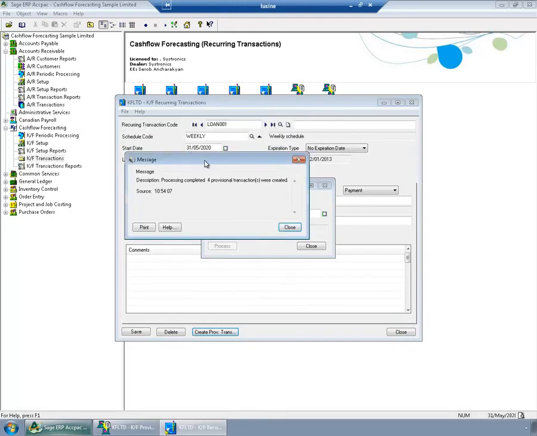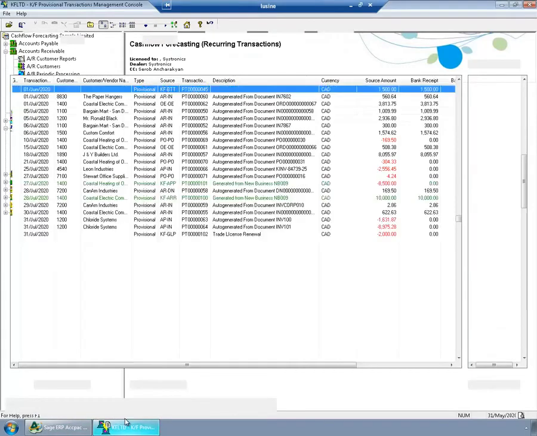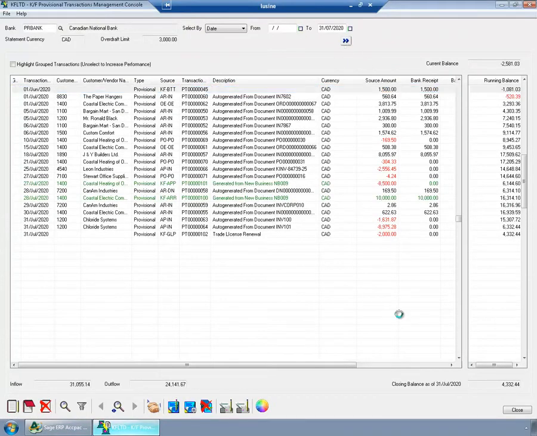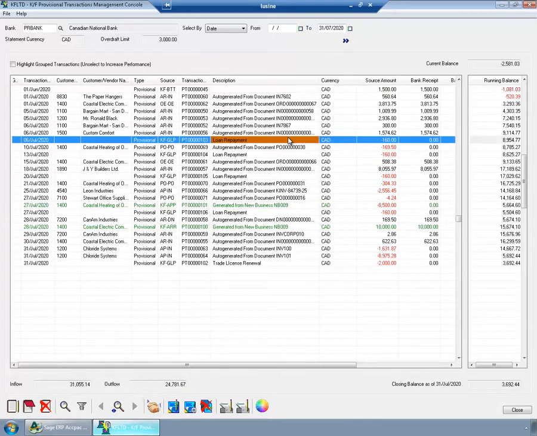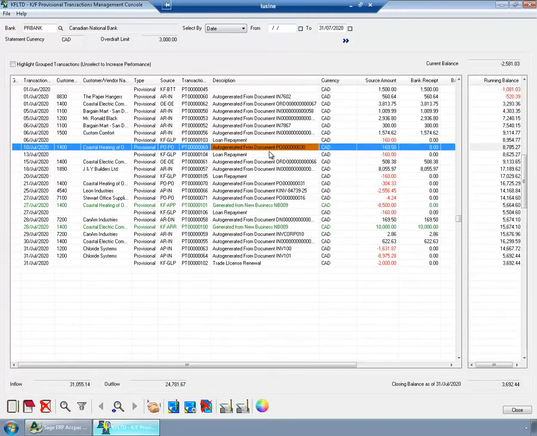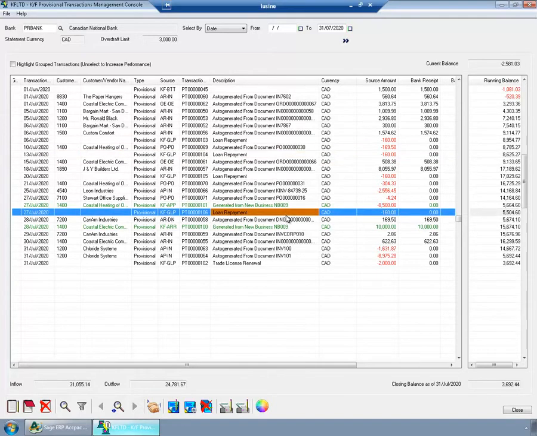Because the schedule is weekly and I'm generating for 1 month, it has created 4 transactions. And when I refresh my forecast, I will see these transactions created in the system. Loan repayment transactions. Now I have my final forecast for PR Bank for July. I have here all the information required, and as of now I can forecast that in July 31st my cash in PR Bank will be